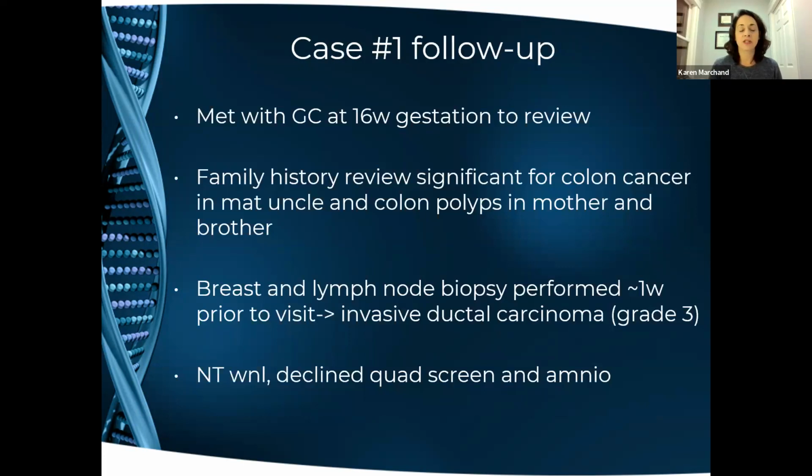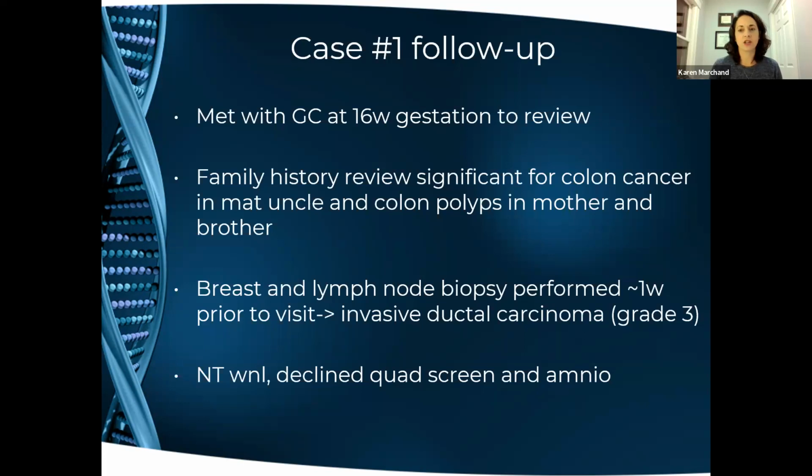As it turned out, the patient had had a breast and lymph node biopsy, due to finding a lump, that was performed 1 week prior to the genetic counseling visit. And the pathology report actually became available later that day and showed that it was an invasive ductal carcinoma. So the patient was referred at that point for oncology